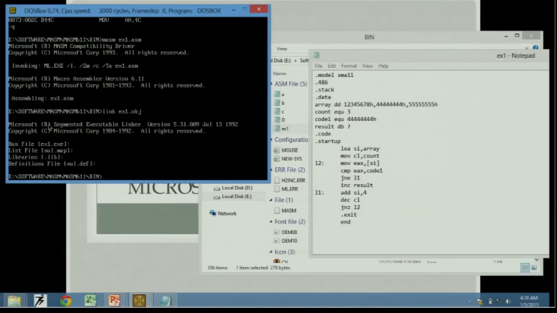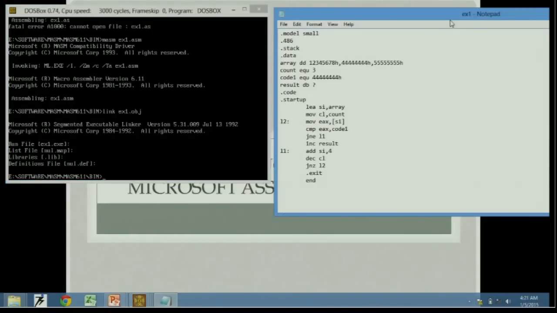Now, so we have seen 2 different ways of obtaining the executable file. One was using the ml command. The second procedure was using the masm command first, followed by the link command. Okay, so this was an introductory session on how to use the masm assembler along with your debug X debugger program. So I'll wind up the session with